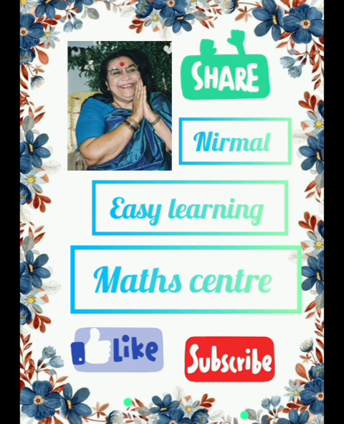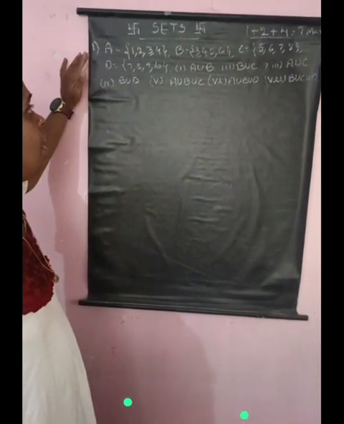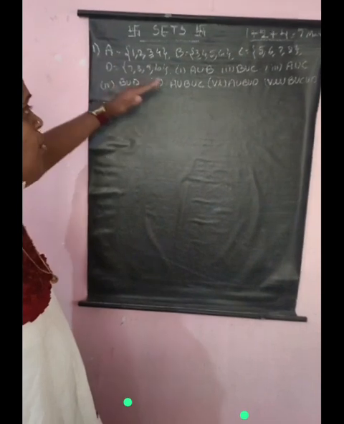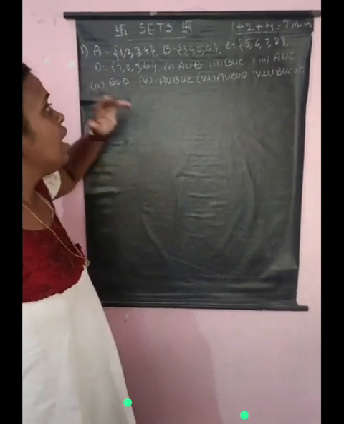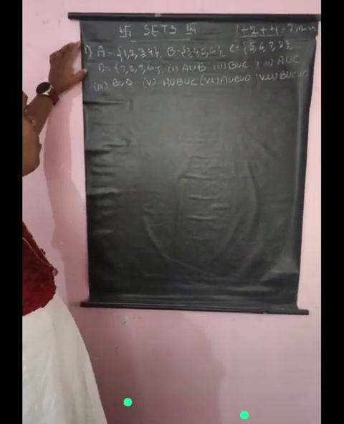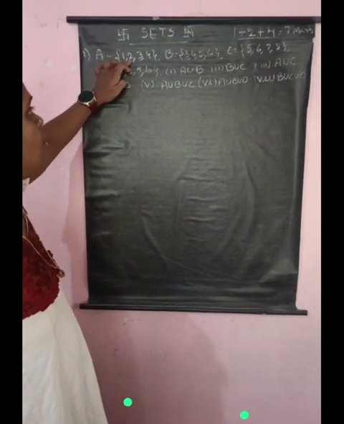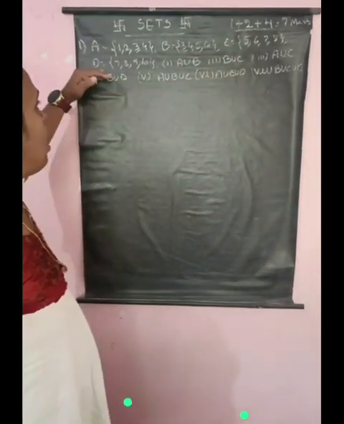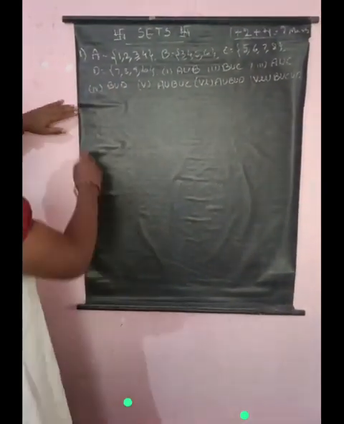Thank you for watching. In the earlier class, we learned about the definition of set and A union B, B union C diagrams also. In this, we have to solve this problem. A equal to {1, 2, 3, 4}, B equal to {3, 4, 5, 6}, C equal to {5, 6, 7, 8}, and D equal to {7, 8, 9, 10}. First problem is